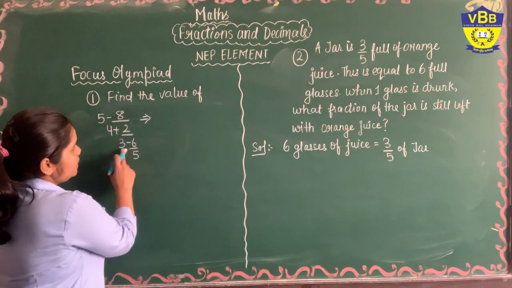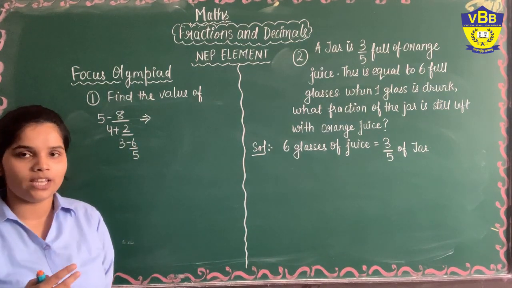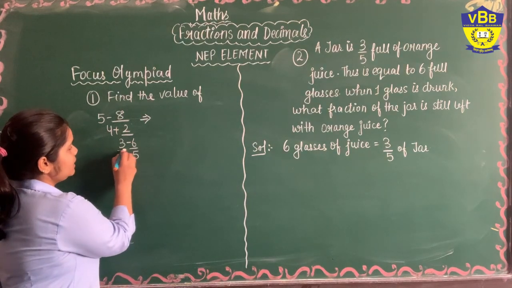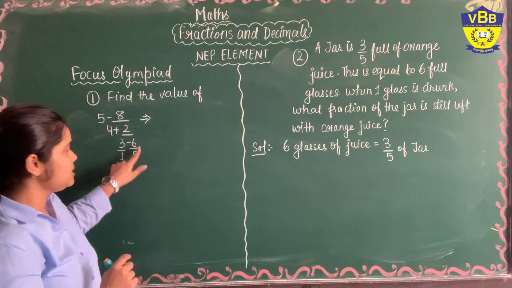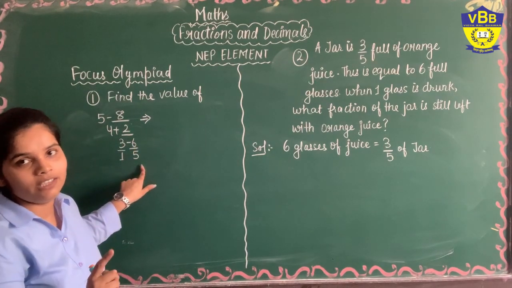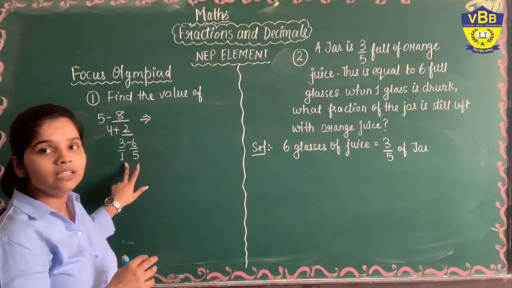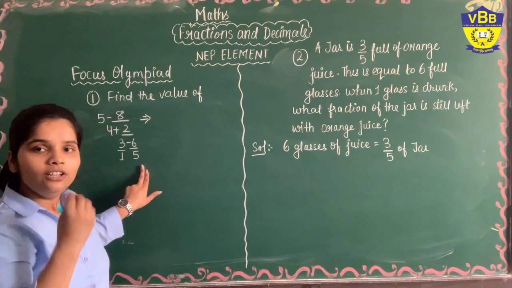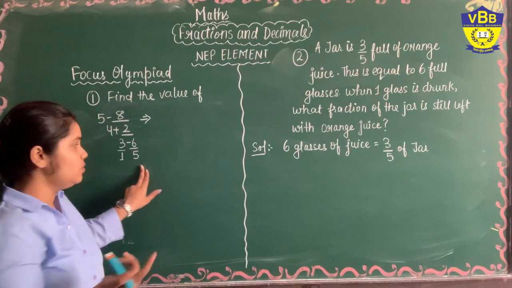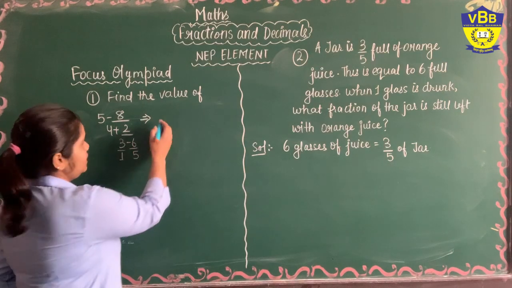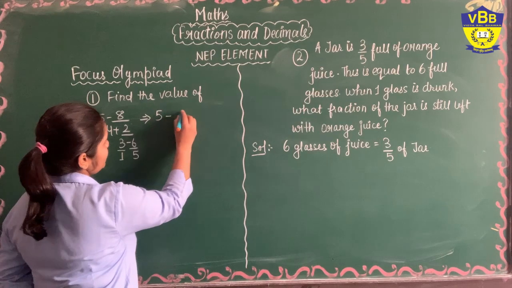So first we will solve 3 minus 6 upon 5. Here you need to subtract these two fractions. We can write 3 as 3 upon 1, and you can see 3 upon 1 and 6 upon 5 are not like fractions. You will make them like by taking the LCM of the given denominators, that is 1 and 5. The LCM of 1 and 5 will be 5 itself. So subtract these arrangements. Subtract 3 minus 6 upon 5. It will be 5 minus 8.